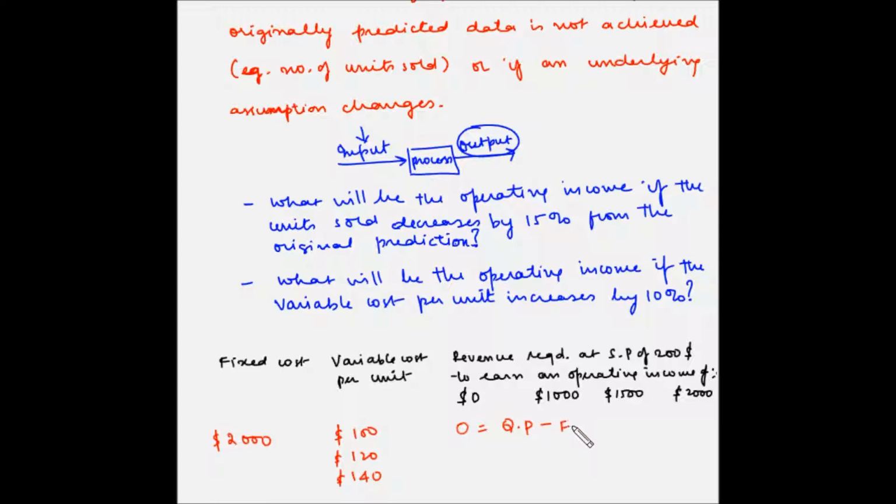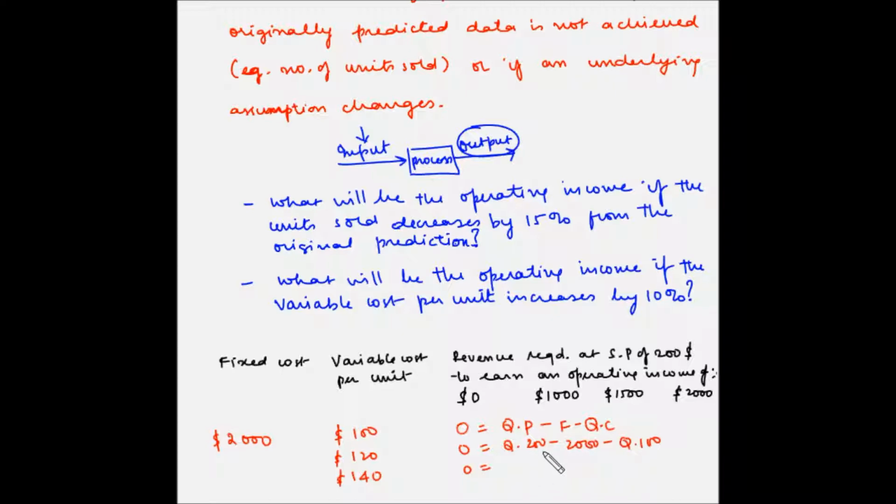So fixed cost plus the variable cost, and variable cost is the multiplication of the quantity and the unit variable cost. So 0 is equal to Q is unknown, so Q multiplied by P, which is 200, minus F, which is 2000, minus Q is unknown, multiplied by C, which is 100,